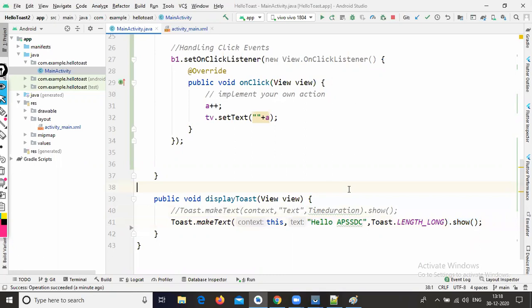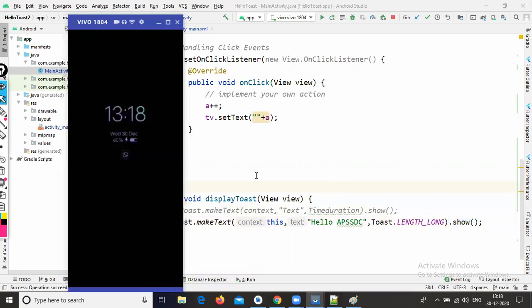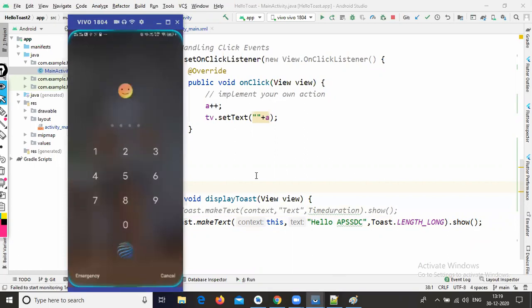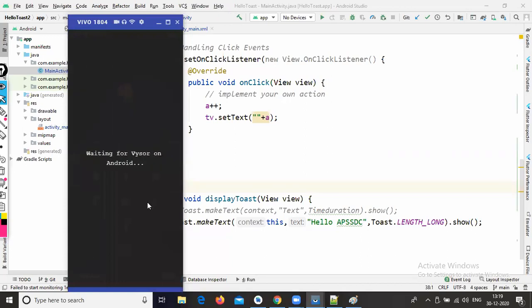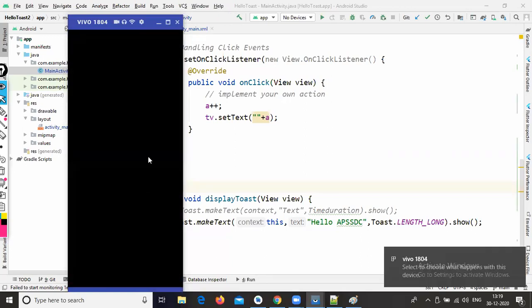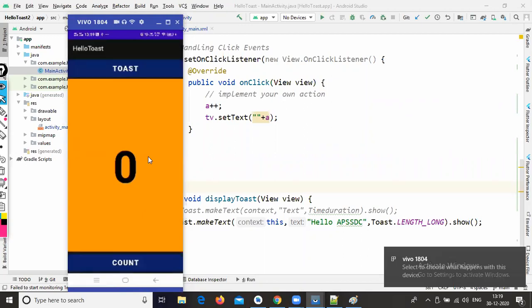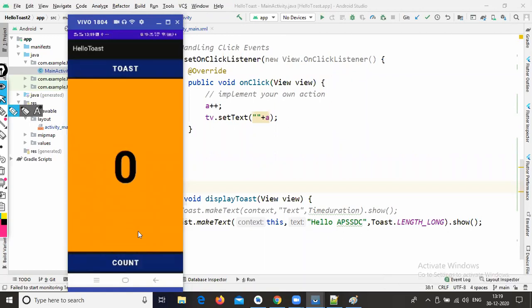Now my project is available on my device. Okay, this is the output. Let us observe here. When I click the count button, the count increases.